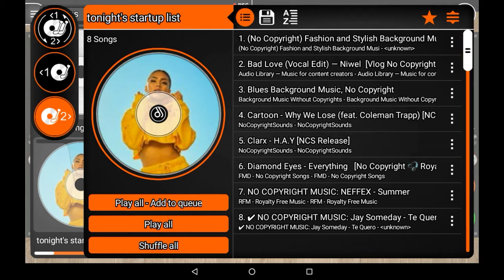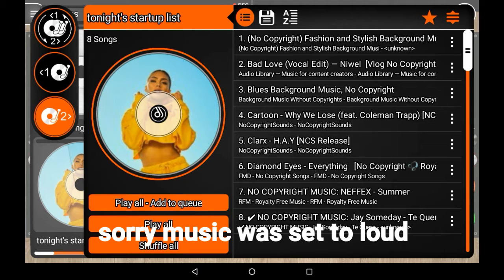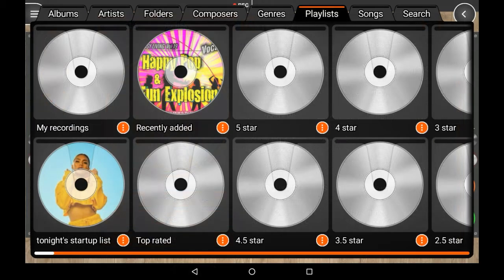Right, the bar won't move down because we've got 8 tracks I've picked in there. Now you've got 2 options. You can play all, shuffle all. In fact, you've got more than 2 options. You've got play all and add to queue, play all, shuffle all. Right, now what you can do is pick one out of there and then go to the